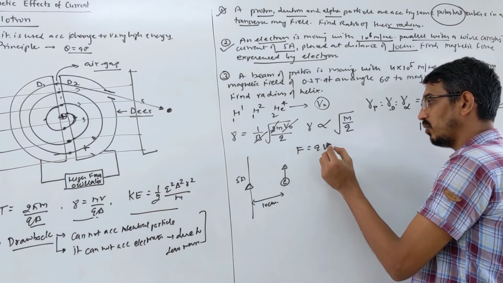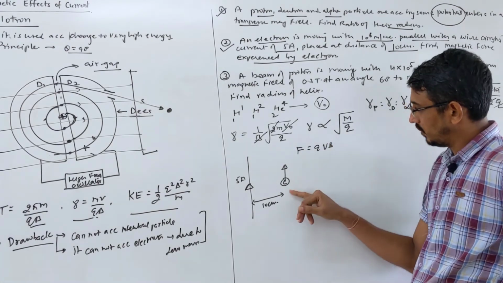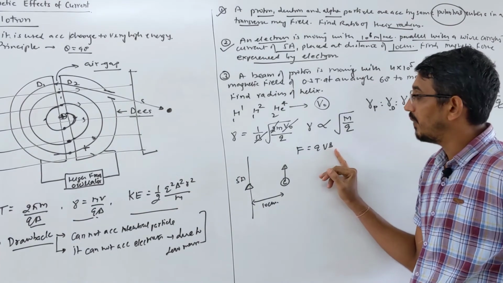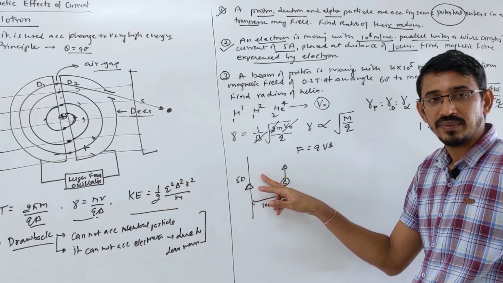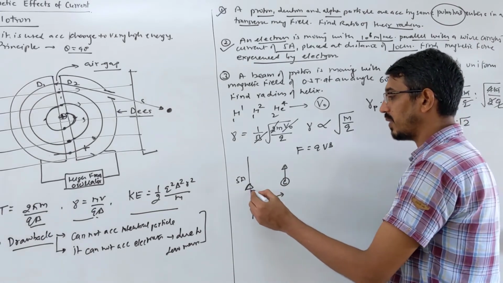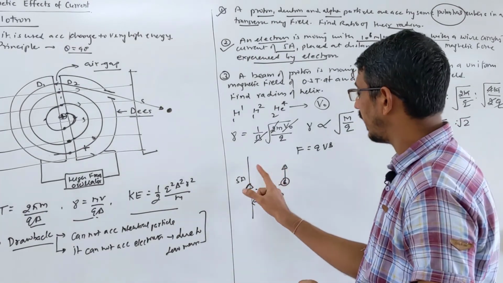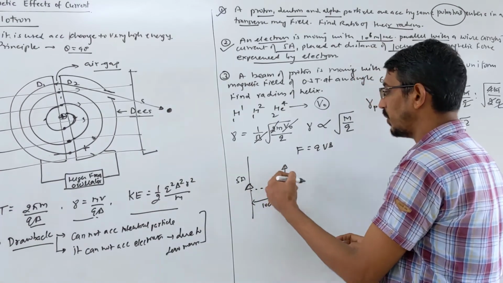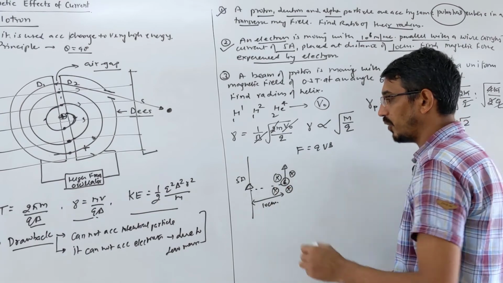Magnetic force is qvB sin theta. The charge we know, the velocity we know, so what we need is the magnetic field. And where is the magnetic field? The magnetic field will be produced by this wire, correct? So we want to know first the magnetic field produced by this wire at this point. Look here, grab this wire in your hand with the thumb pointing upward. So the field is produced on this side, an inward field. Yes, this is an inward field produced by this wire.